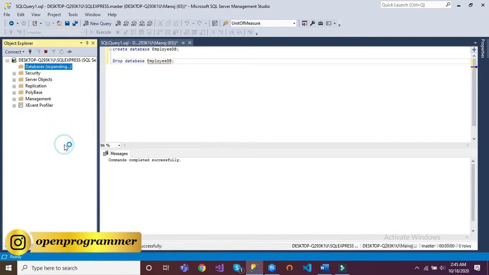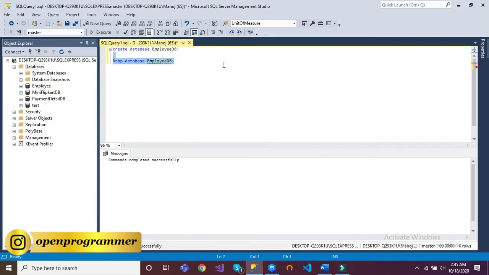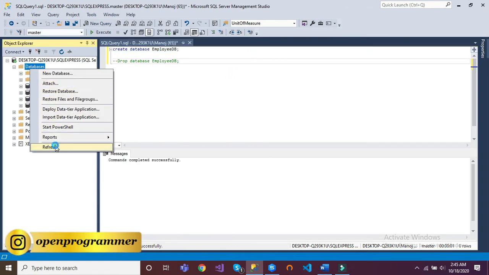Refresh the Databases folder and you can see it has gone. Let me comment it out. So this is the way to comment lines in SQL Server. Let me again select it and execute so that it will create the employee DB database again. Let me refresh it.